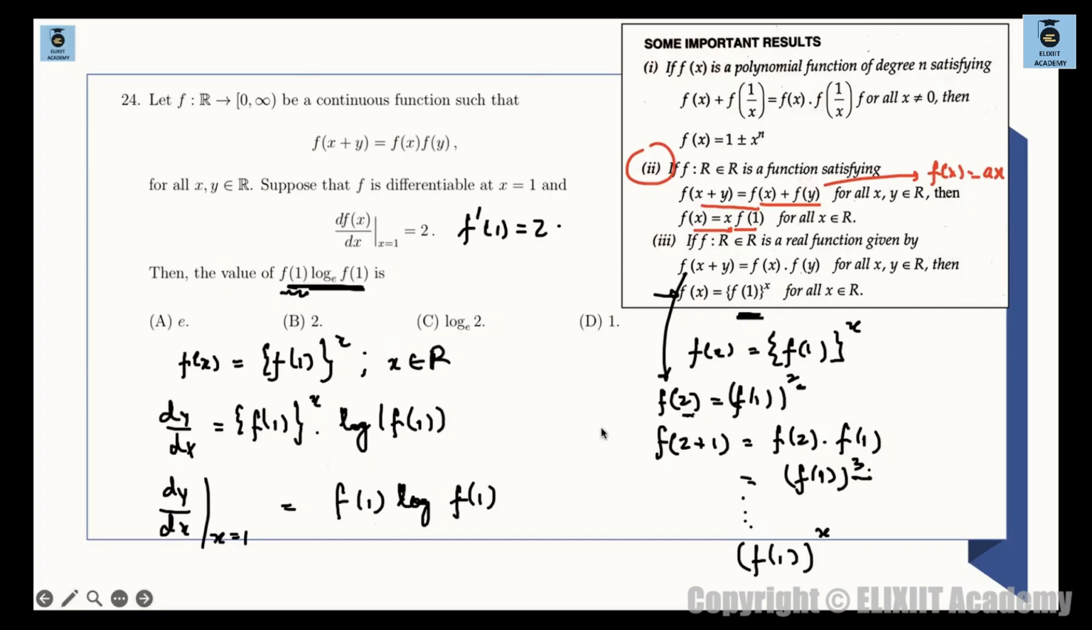F of 1 into log of f of 1 is how much? और ये चीज तो दे के ही रखा है क्वेश्चन में, ये जो चीज है ये तो क्वेश्चन में दे के ही रखा है। What is this, 2, है ना। आंसर इज what, 2 ओनली, ऑप्शन B इज करेक्ट।